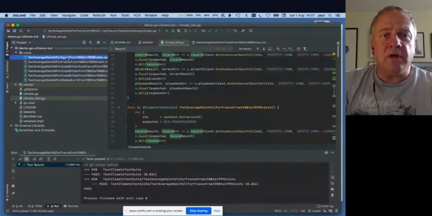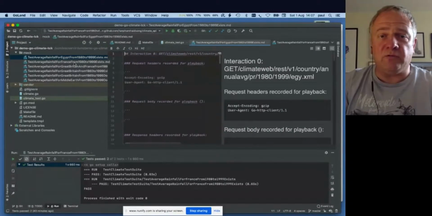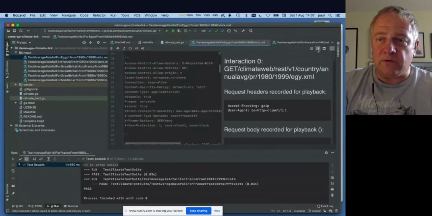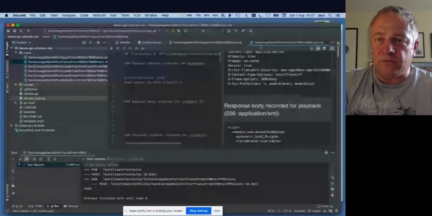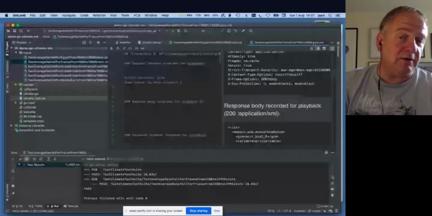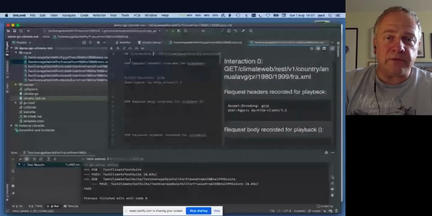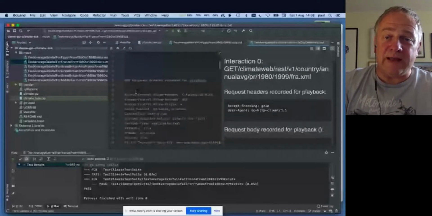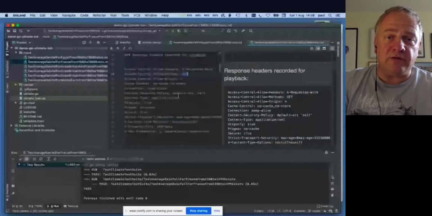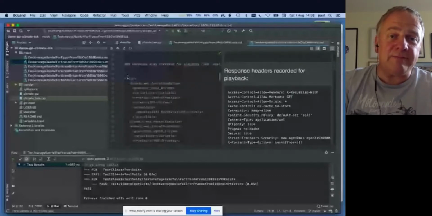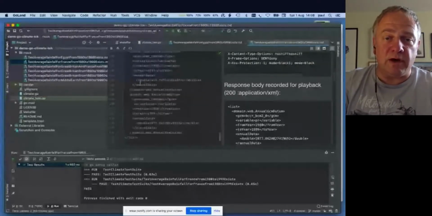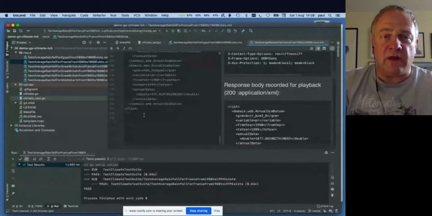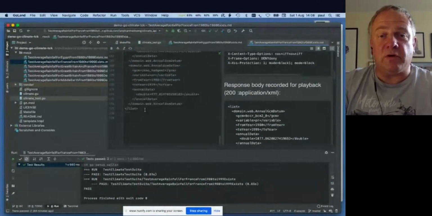So we have a TCK, right? This is going against World Bank's Climate API, and I hopefully don't take too long here to show you this stuff. But we have some prior recordings. This one here is a file called Test Average Rainfall for France from 1980 to 1999 exists within the World Bank's API. So we have the recording, some headers that go up. It's a get. Some headers that come back, and some XML that comes back. So XML in the middle of this Markdown code block, and it's fairly long. I'm bored already with scrolling through that. Over 100 lines of that,